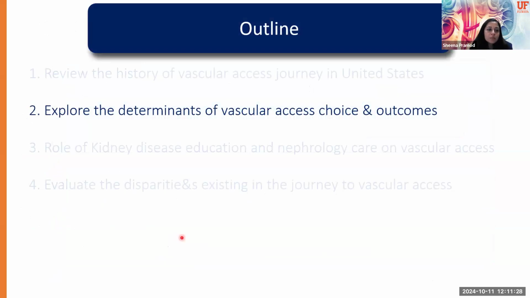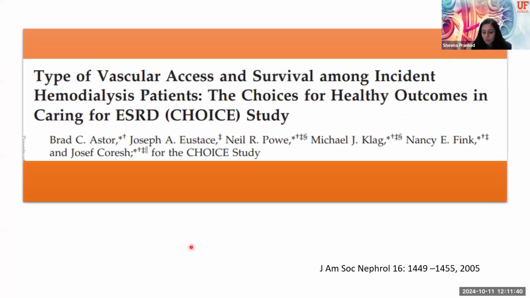So let's look at some of the determinants of vascular access choice and outcomes in these populations to see, can we do better in terms of increasing the access in the incident population. The reason why this came about as to the type of access and the choice of access is from one of the landmark trials, which is the CHOICE trial from 2005, where they looked at the survival